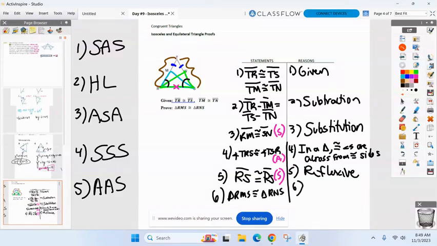Now we just got to figure out why. I definitely know it's not HL. It's not even a right triangle. So it's down to those four now. If it helps you out, we talked earlier in the week, if it helps you out,